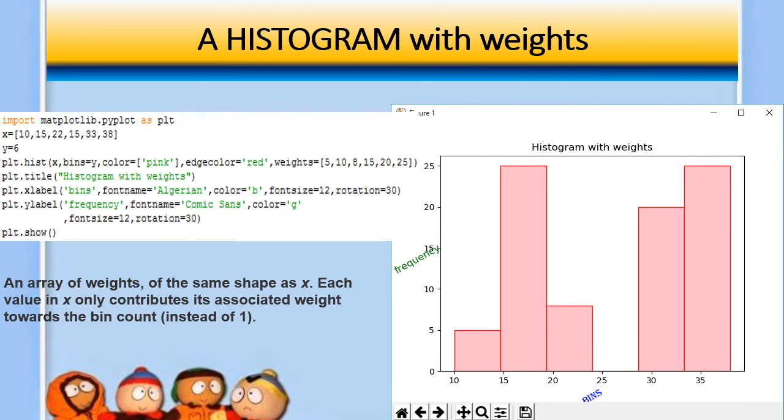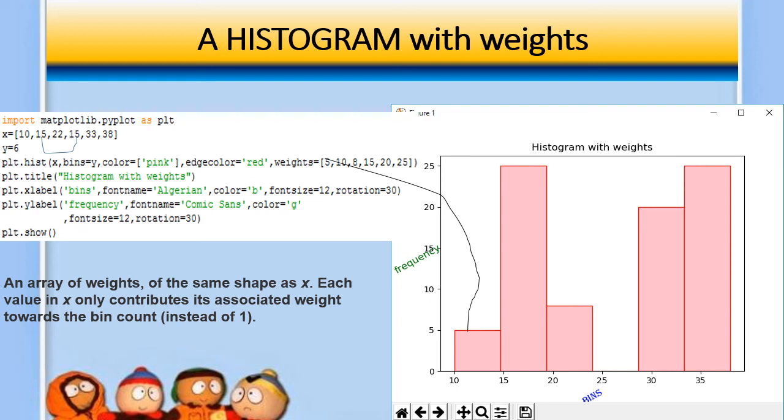See here, the first bar is 5. How did it come to 5? The first weight value is 5, so it comes as the frequency. Next, in the x values 15 occurs in two places, the second place and the fourth place.